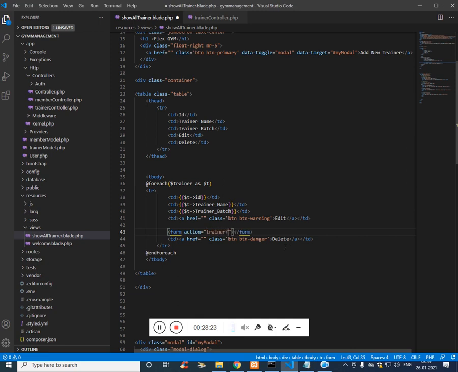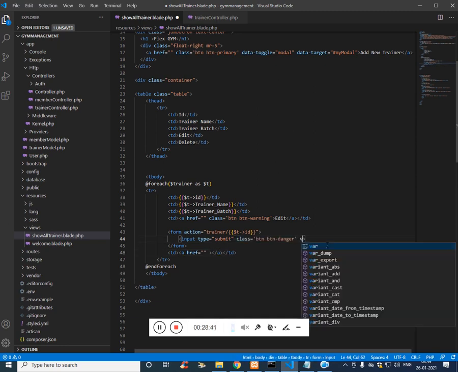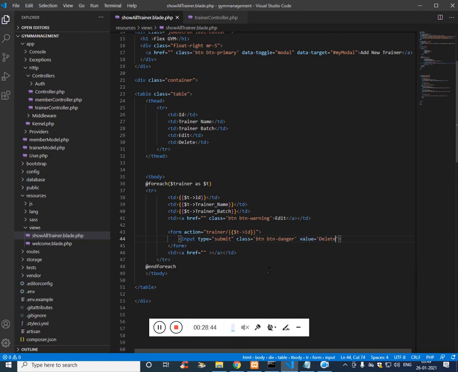Trainer slash the ID is this one, and then we should have the submit button, input type submit, and we should have the class just like for this, and the value is delete. Now remove this anchor tag, we don't need this anchor tag. Now surround the form with the table data.